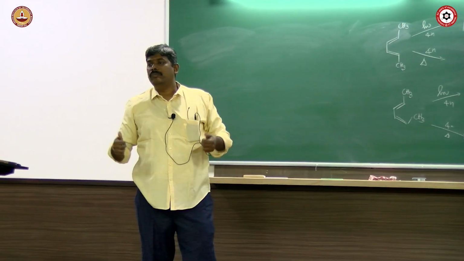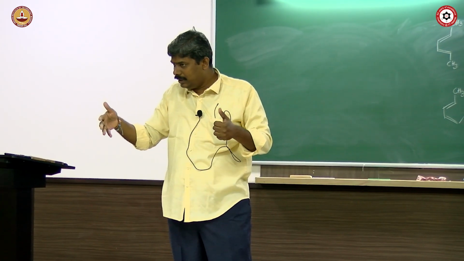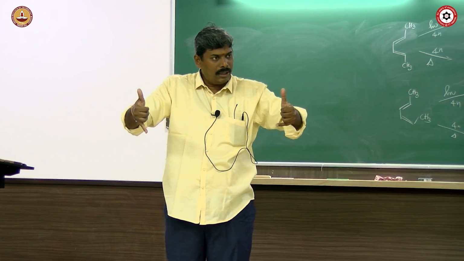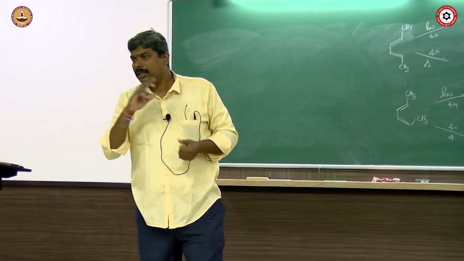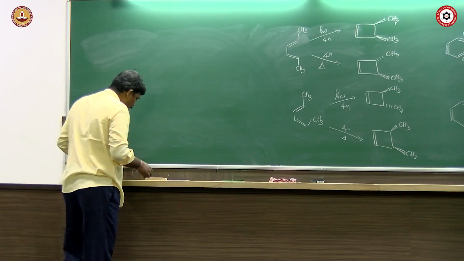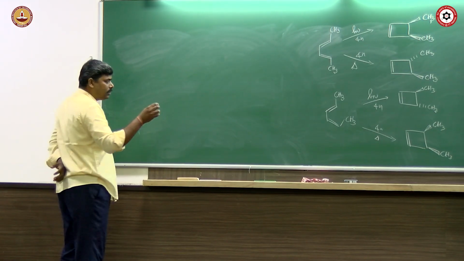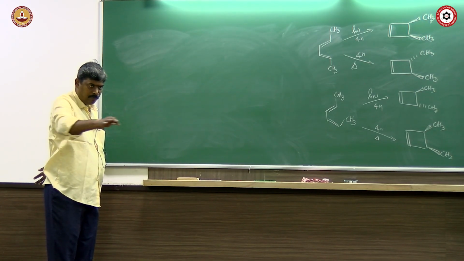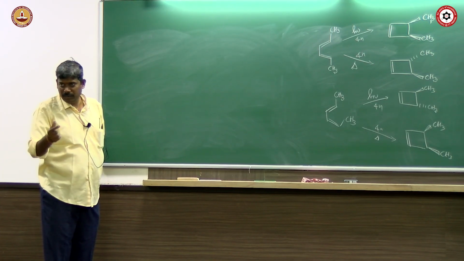Right. So now I told you that in a conjugated polyene, the pi bonds are reorienting such that the new sigma bond is formed. That means at the terminal carbons, the pi bonds are interacting. So in what ways can it interact? There are two possibilities. One is disrotatory, the other is conrotatory. So let's take a very simple example. We are not going to see a complete molecular orbital system, but we are going to take only the terminal to explain what is conrotatory and what is disrotatory.